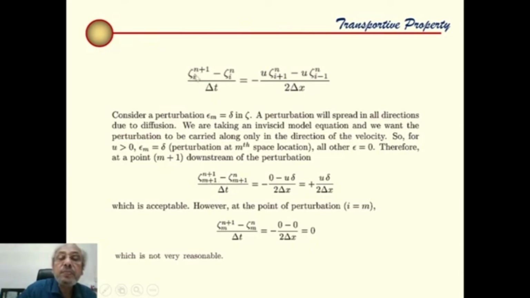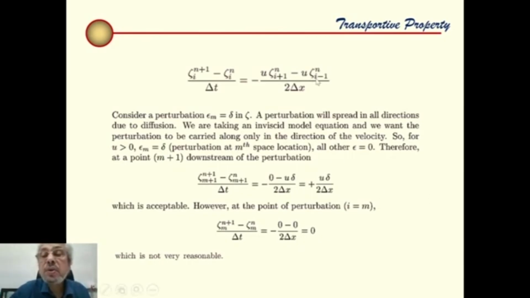So we simply substitute I by m plus 1. So this will be zeta m plus 1 at the n plus 1th level minus zeta m plus 1 at the nth level by delta t equal to minus u into, if we substitute I by m plus 1, zeta m plus 2. So nothing is there if we perturb at the mth level, not the next point but the next to next point,